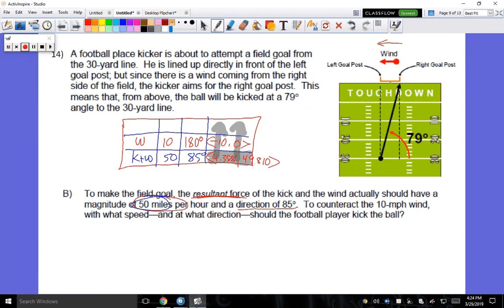And now we're trying to find the kicker. Okay, we're trying to find what should the speed be, which is the magnitude, and what should the direction be, which is the angle right here. So because we're going backwards, we know already that K plus W is the resultant. Therefore, the resultant minus the wind is K. So what I'm trying to do is I'm trying to show that the resultant vector, which we have here, if I write it out,